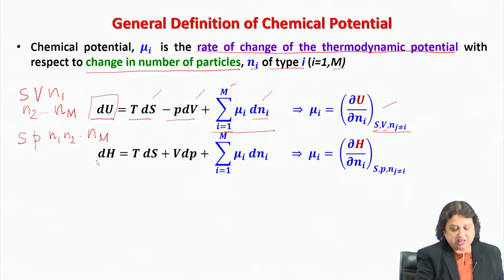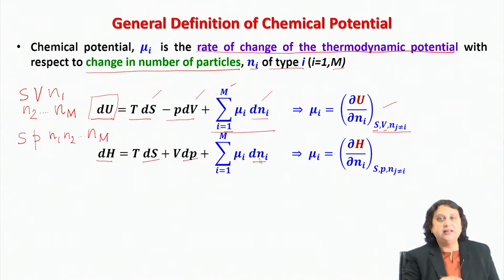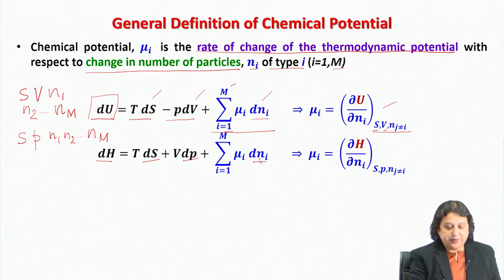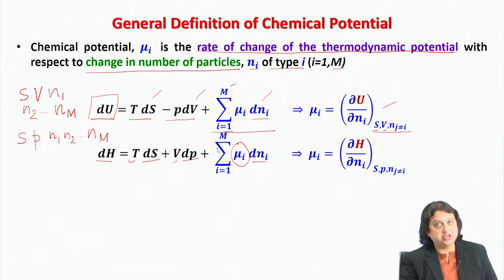That corresponding change is going to depend on dS, dP and dNi. So the prefactor of dS is T because del H, del S at constant P and N is T. Similarly, I have V here. Then what is going to be the chemical potential under such condition? The chemical potential is given by del H, del Ni. Now I keep S, P and all Nj, j not equal to i, constant.